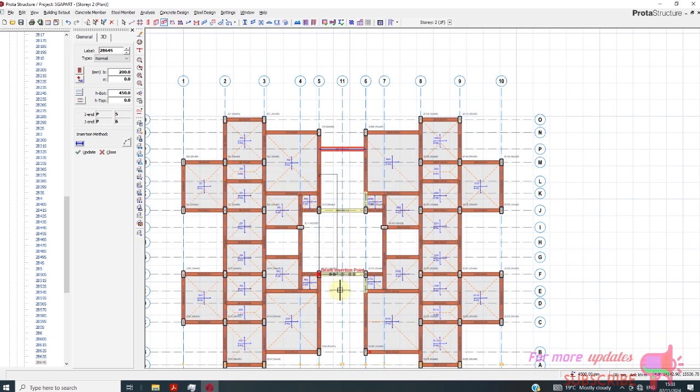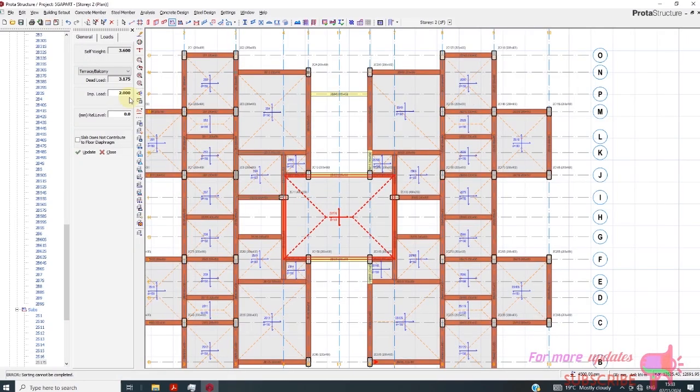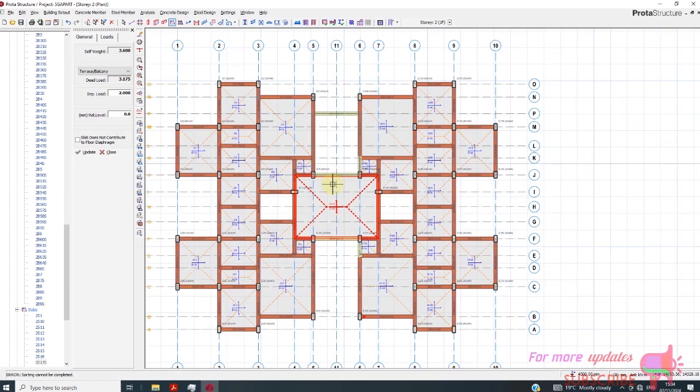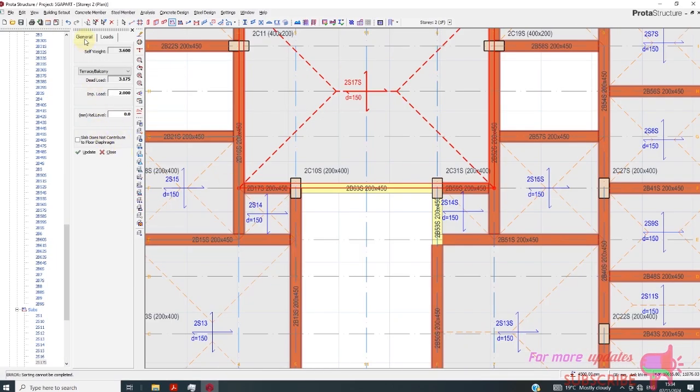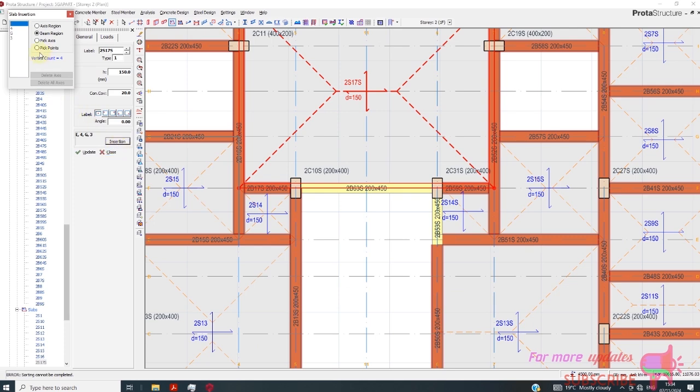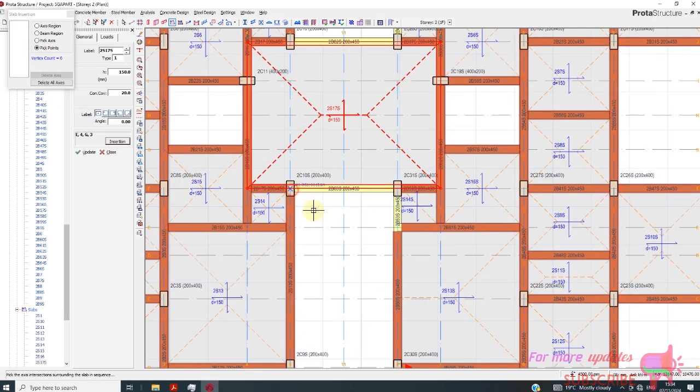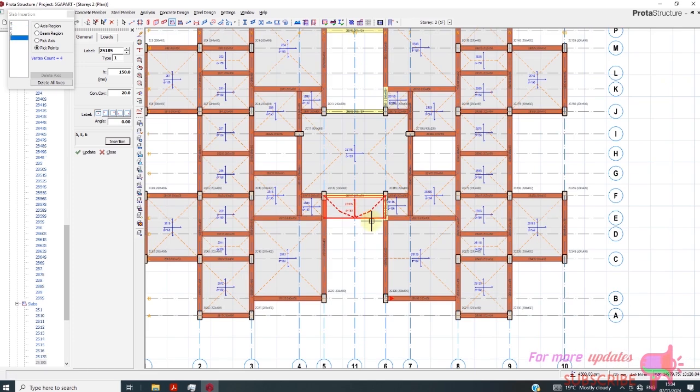Okay, now this time I need to model a slab. Again, the same property, same loads. So this one will be my terrace. So the load will be that of terrace. Okay. I need to insert breakpoints from here, there, and there. Another, it's